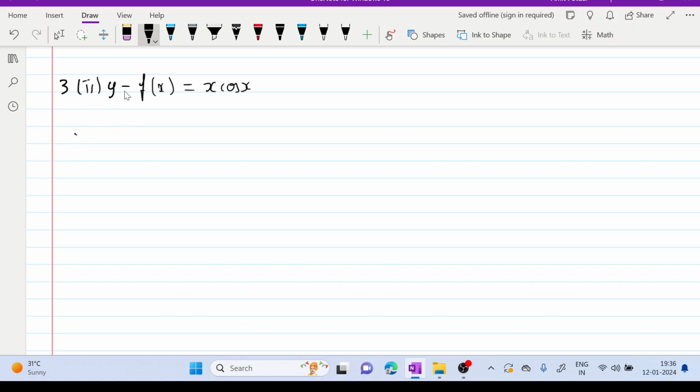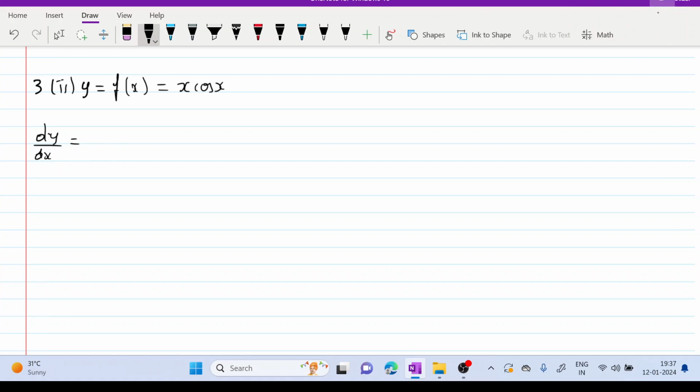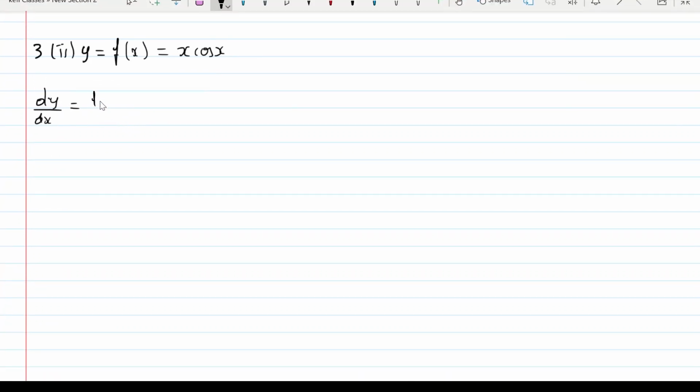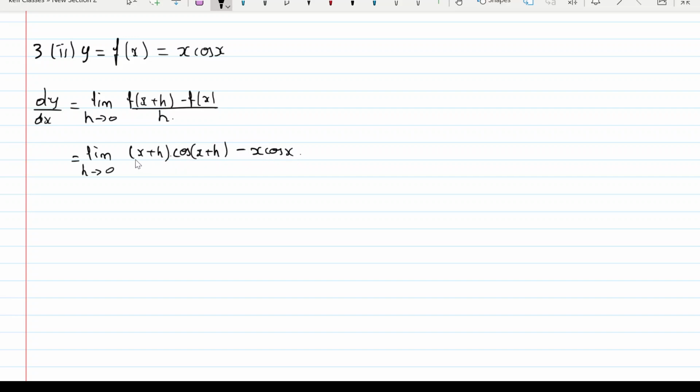So this is y is equal to f of x is equal to x cos x. So dy by dx is equal to limit as h tends to 0 f of x plus h minus f of x upon h, which is equal to limit as h tends to 0 x plus h cos of x plus h minus x cos x divided by h, which is equal to limit as h tends to 0, and this is x cos x plus h plus h cos x plus h minus x cos x